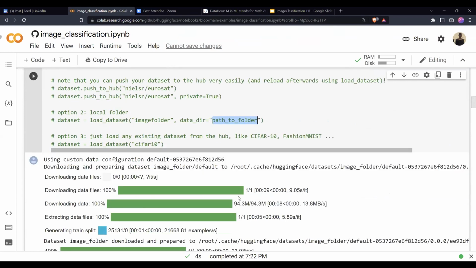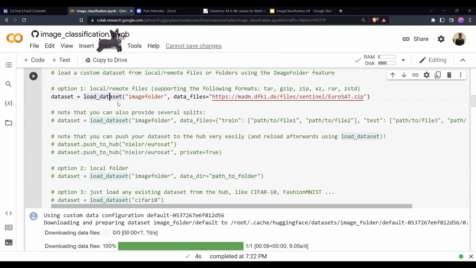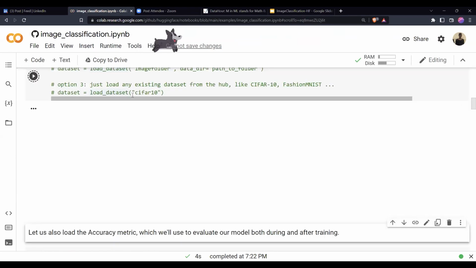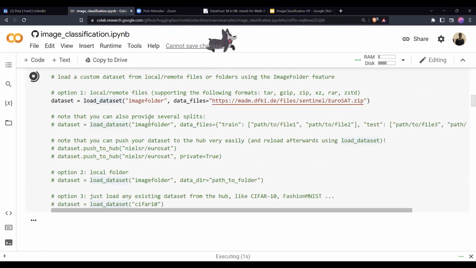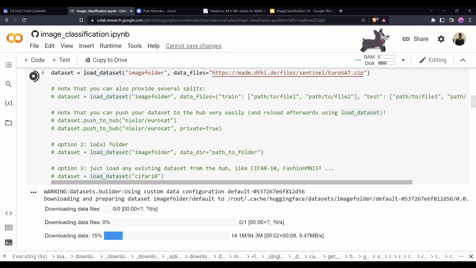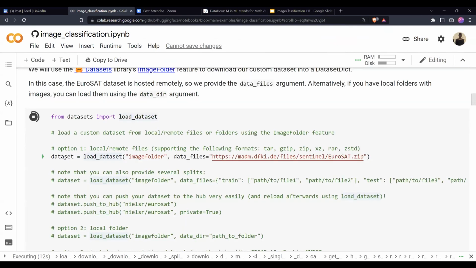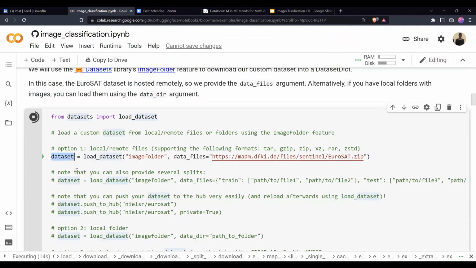Once you have it, you just run this one. Let's run this one here. There are different ways here: option 3, option 2, option 1. They show multiple options in which we can create a dataset object. The main purpose here is to create this dataset object which we will use.